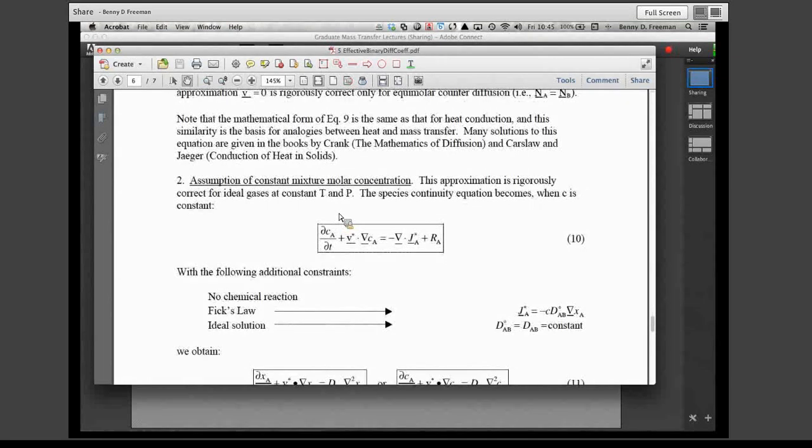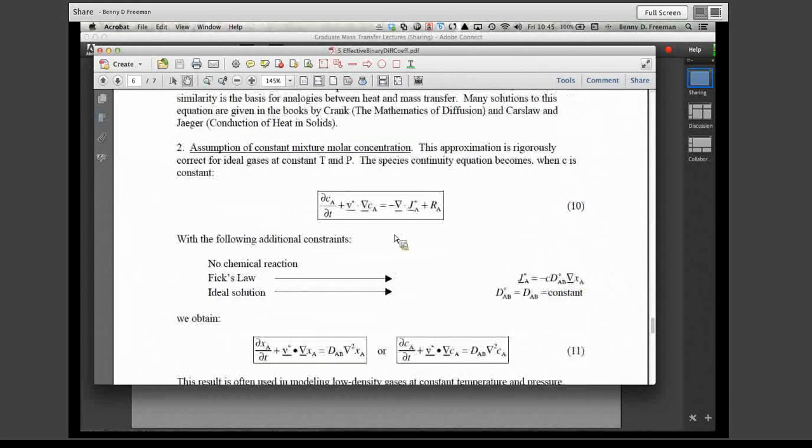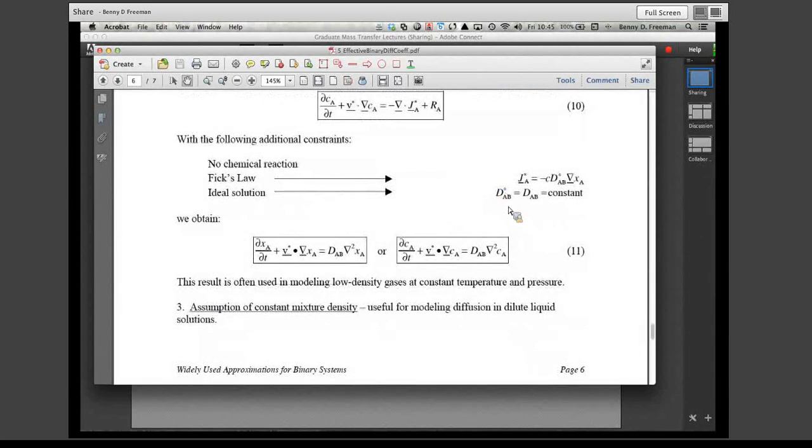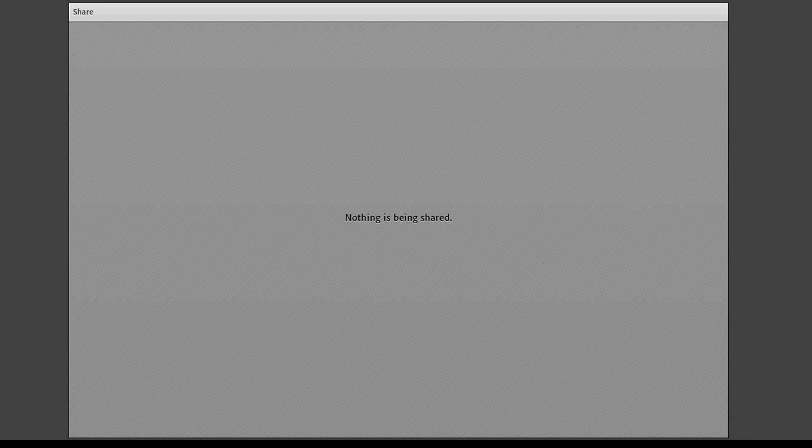Very often we have a situation where we have a constant mixture molar concentration. That is, where even though mass transfer is going on, the total molar concentration is not changing. And so, with this approximation, we can write the species continuity equation as shown here. We should verify that. And if we also use this result, the previous result for Fick's law, we obtain the continuity equation as written in equation 11. This is often the so-called convection diffusion equation. So you'll find